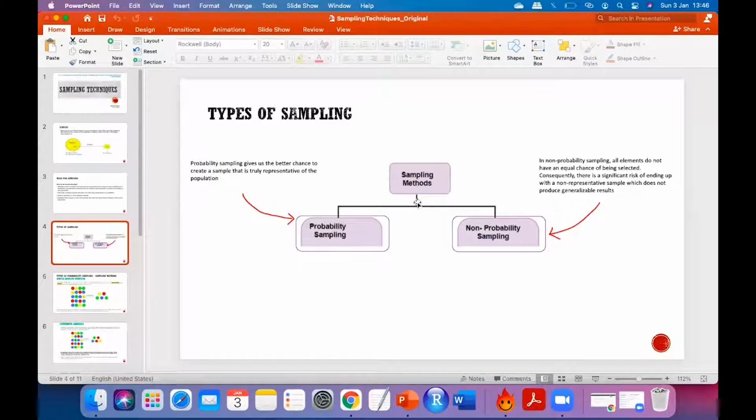Okay, so basically the sampling in which probability is involved is called probability sampling, and wherever there is no probability involved, it can be based on convenience. Obviously, if there is no probability involved, the error would be more, right? But it is less complex, less time consuming, less cost consuming, right? Then obviously we can use non-probability, but it comes with a trade-off. In probability sampling, we will have a better representation of the population. In non-probability sampling, we'll have a not-so-good representation of the population. Is it clear?